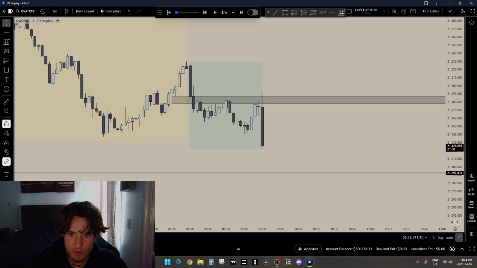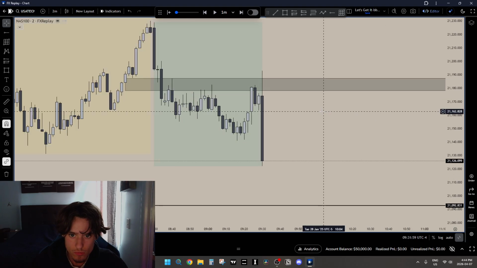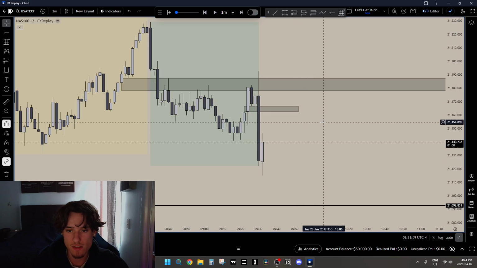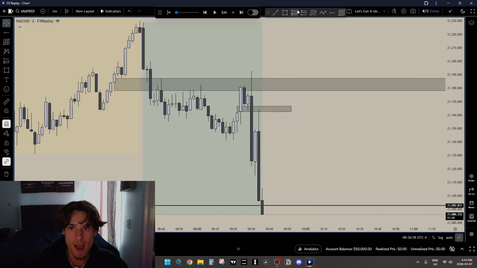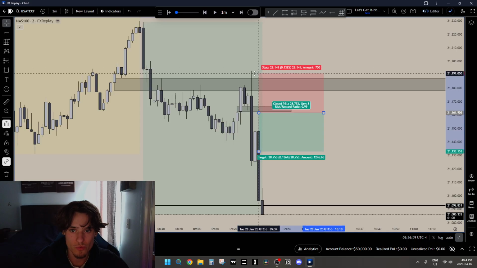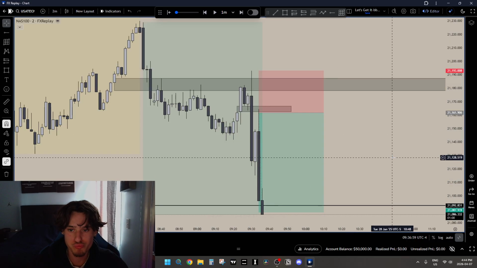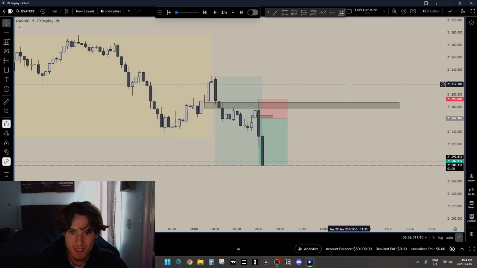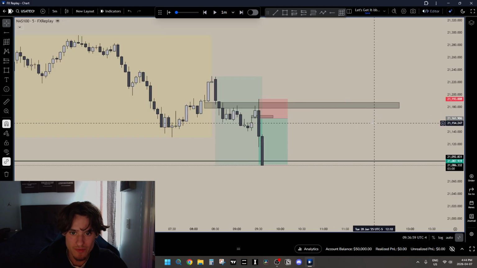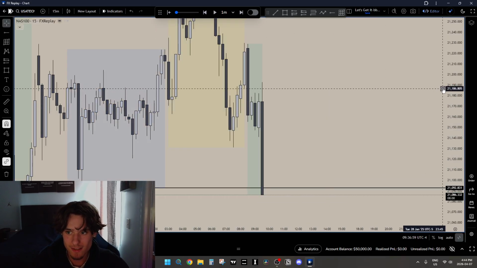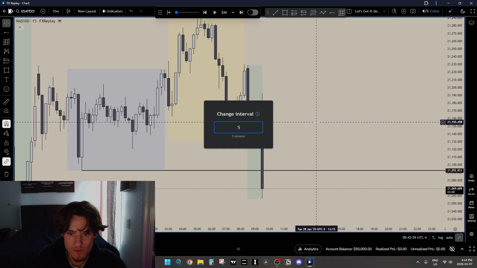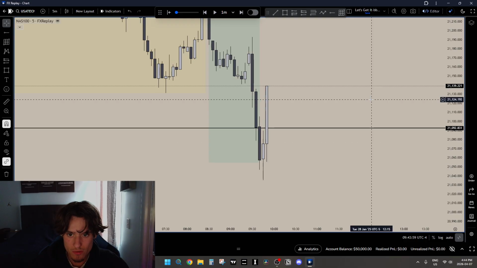Was there any way of an entry though? At a 2 minute, this is a crazy late fill. Oh, if I put a limit here. Yeah, if I put a limit there, I could have got in on that move. That would have been beautiful. Because we had that 15-minute, we had the 5, and then on top of it, we had that 2 inversion. Ah, okay, whatever. Move is gonna go without us. But we can low-key get a re-entry though. It's not too late. Yeah, EQ of the range.